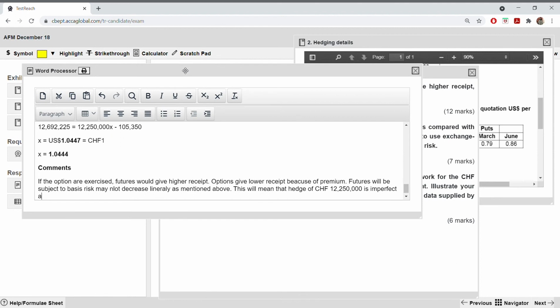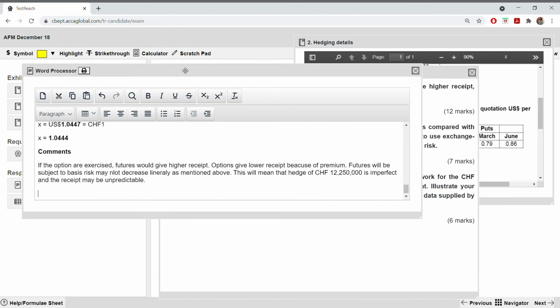You have to talk about the receipt. Because of this, now the receipt becomes what? If it's imperfect, then the receipt may be unpredictable, despite a future hedge being taken out. The options can also be allowed to lapse. If for some reason the contract is not completed, the option can be allowed to lapse. If this happens, the company will only have to settle the forward contract.